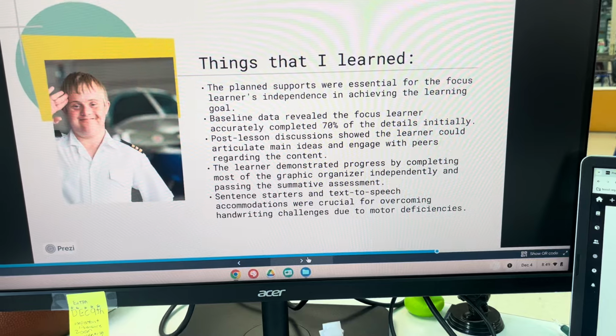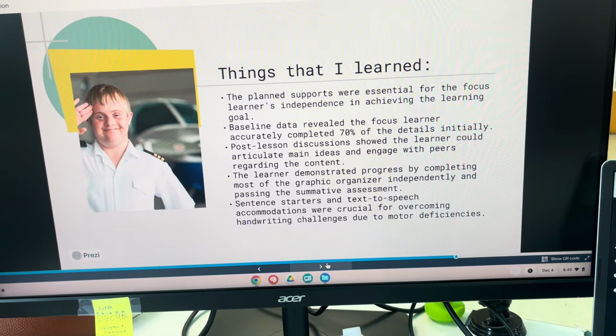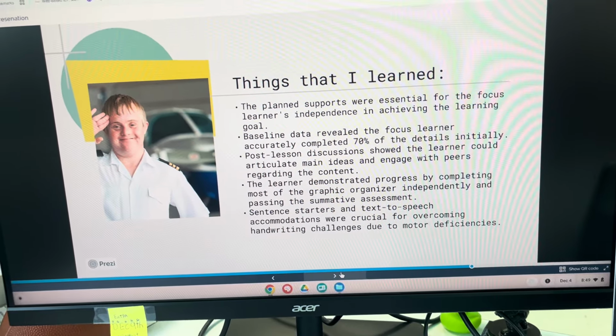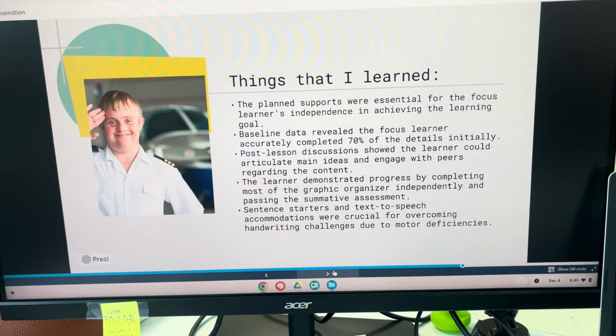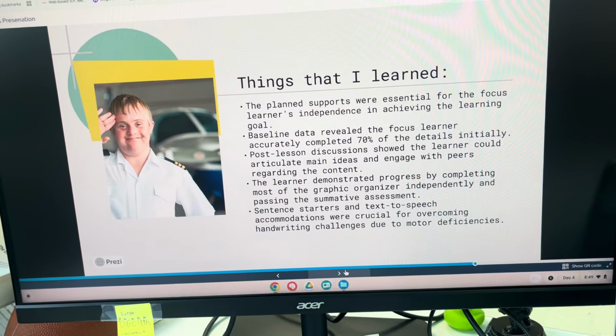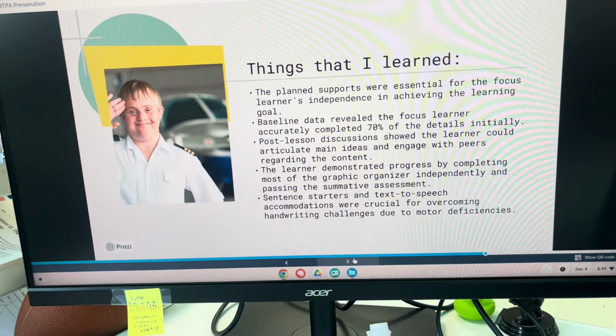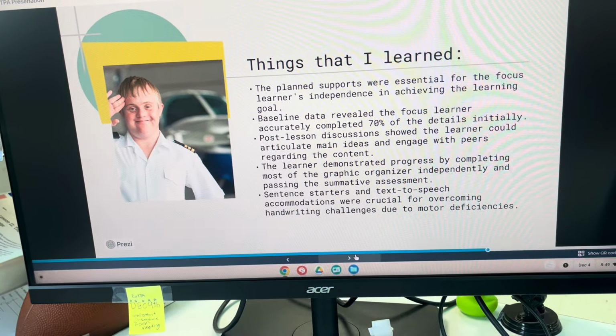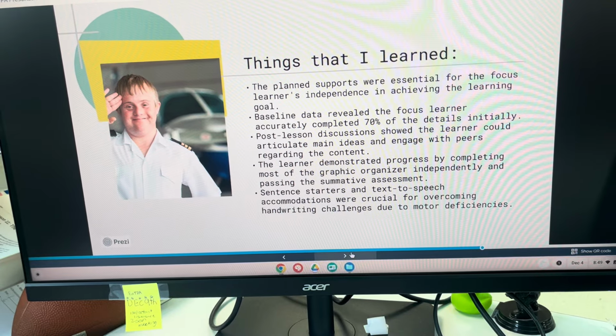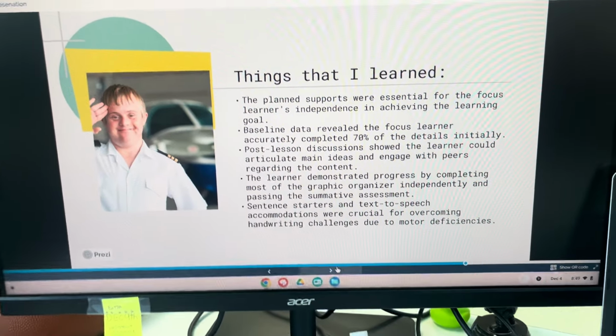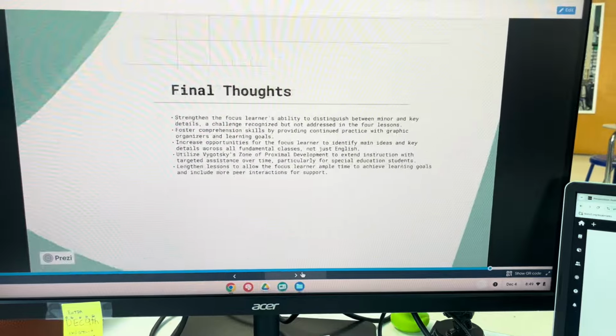And text-to-speech, sentence starters, oral accommodations. A lot of my students really struggle with their motor skills, so I let my students verbalize what they wanted to write down to me, and I counted that. And we're at the point in high school where in the real world they're going to be able to use things like text-to-speech, so why wouldn't they use it in the classroom? So we used a lot of stuff like that to help them out.